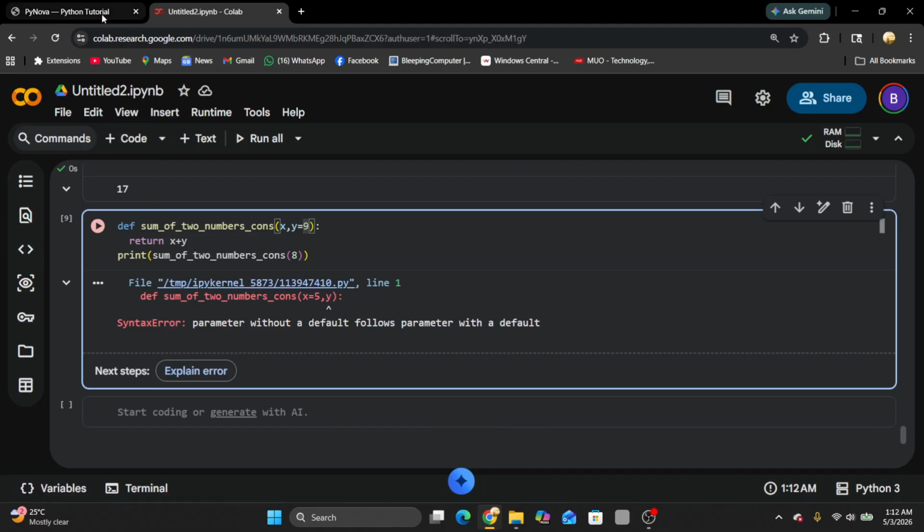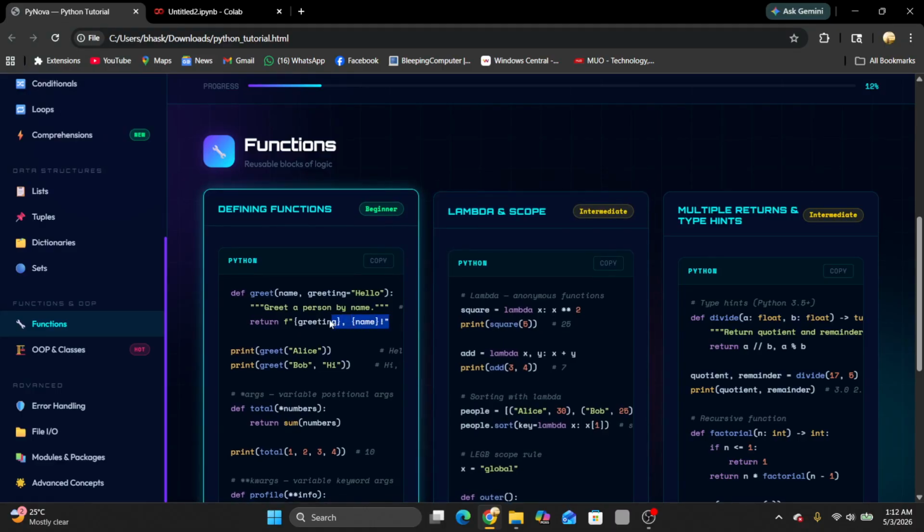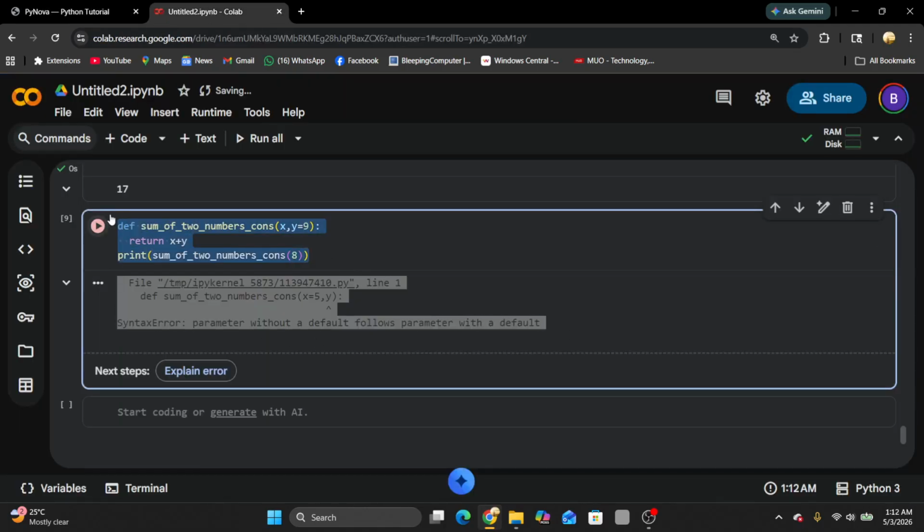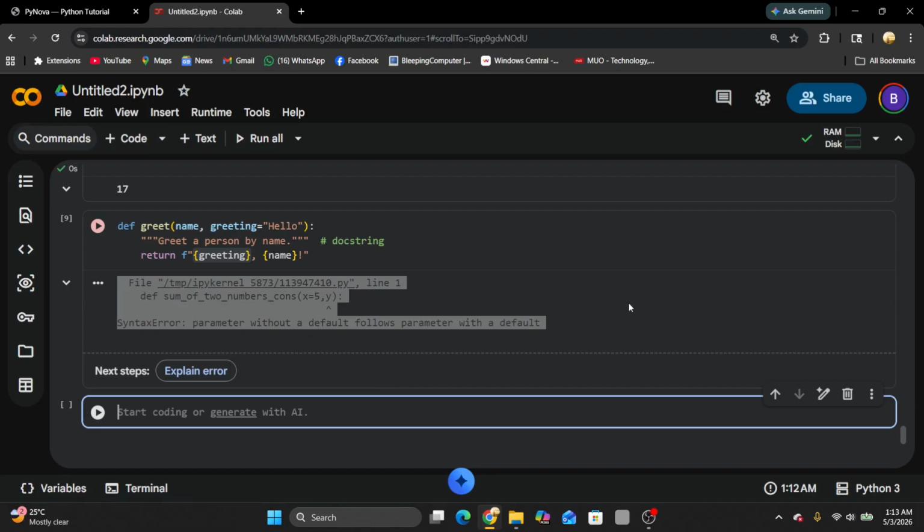Now I am showing you one more thing, like this. This is a greet function. Here def is a keyword. I have typed the function name greet; the first parameter is name and the second parameter is greeting. Greeting is hello, which I already defined, and I return an f-string with the greeting first and then the name. Okay, so now just type print